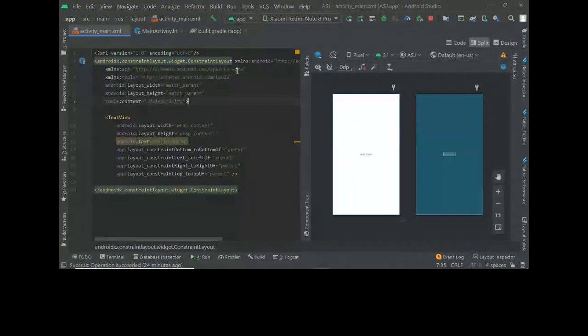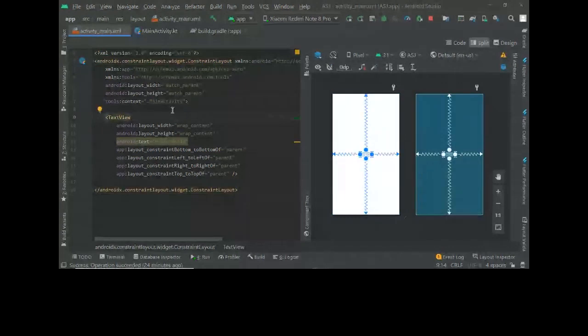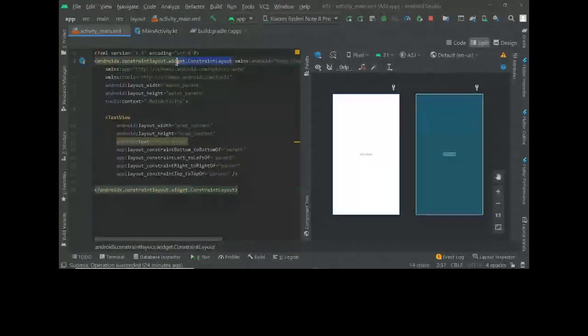Now, you have control of this whole screen. You can write code here such that you have control over the whole screen. At the start, you have this thing called ConstraintLayout. The first thing we see here, the first tag, this one is the opening tag, and this is the closing tag. If you know a little bit of HTML, you know this: you open with the angular bracket, and you close it with a backslash and the name of the same tag.